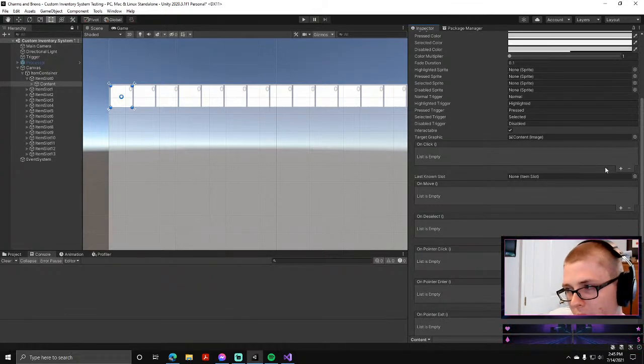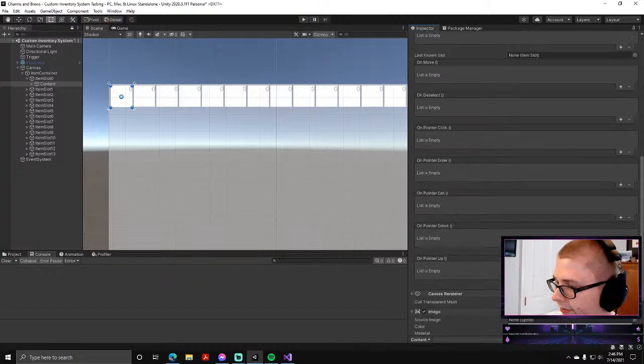It's just a lot more stable. So if I do on pointer up,